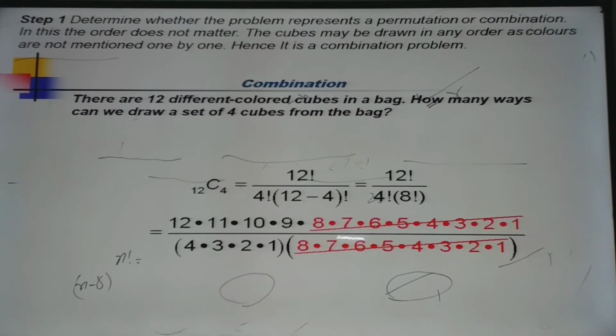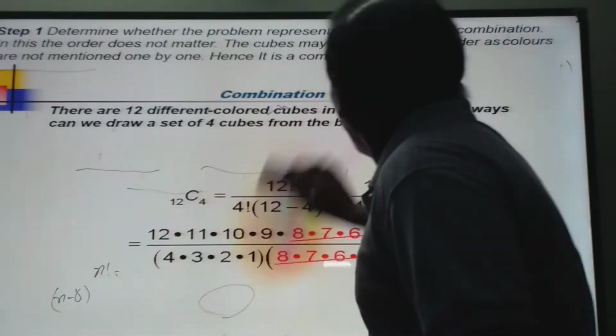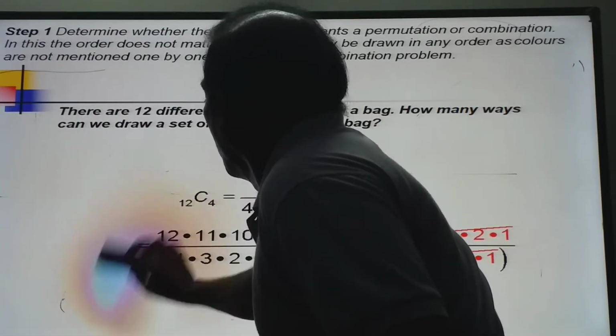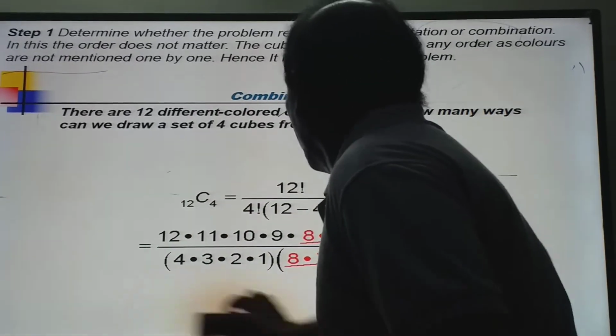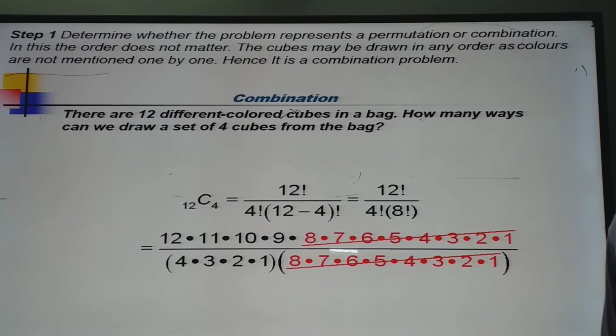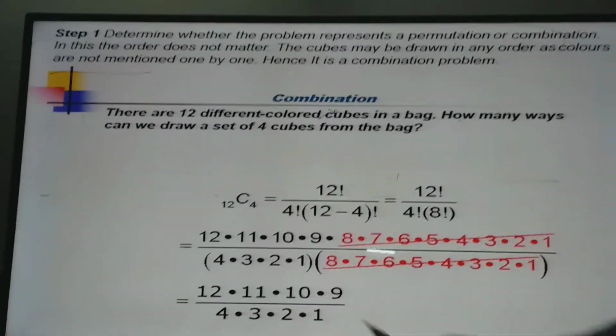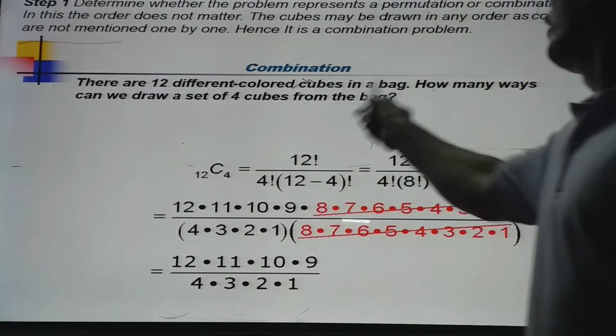Another problem, see, this is the problem of combination. How can you find out whether this is a permutation or a combination? If something is given like select the red one, then the green one, then the yellow one, then it means a permutation. But if it is not given, okay, what you have to select? It is not mentioned.